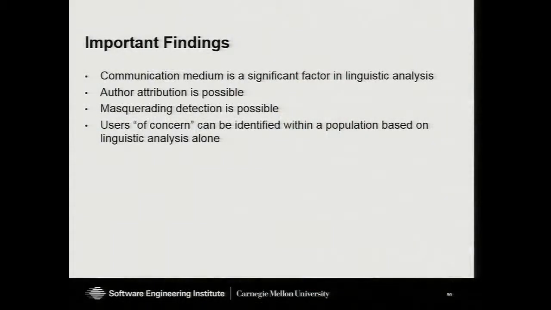The populations are significant, right? We compared SEI to a similar type of population and population with known bad. And again, it was easy to see the distinction, but it wasn't because of the personality. So there's some challenges there. We, as I mentioned before, can attribute authors. We can detect masquerading. And I think most importantly, users of concern can be identified within a population based on